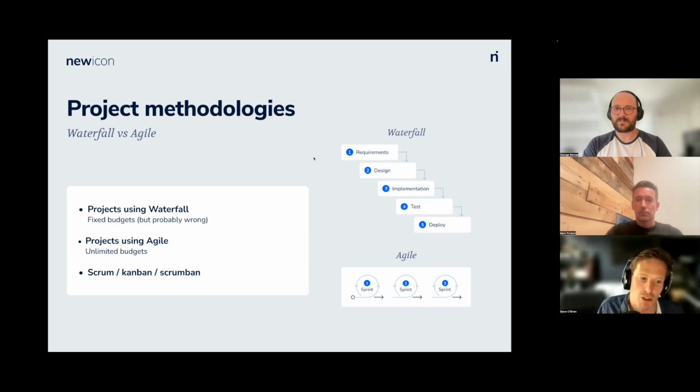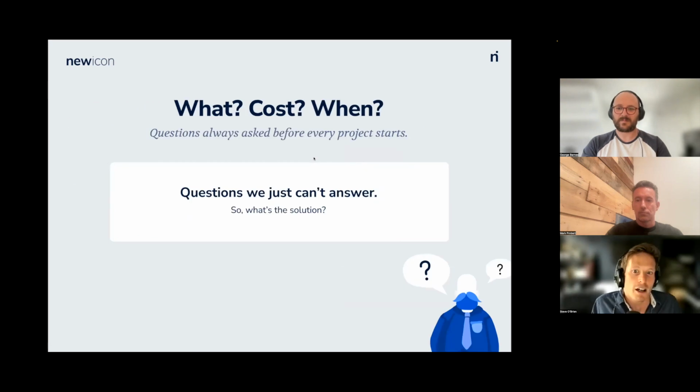We're trying to define things at this stage of the project where we know the least about them. And then you've got Agile, which is almost the extreme, where you say, well, let's just start and we'll see what happens. But obviously you don't necessarily know what the end budget is. But you try to break the problem down and say, well, we'll start delivering value, and we can stop at any time, but we don't really know how many sprints it's going to take or how long it's going to take. And we still need this really to answer this question.